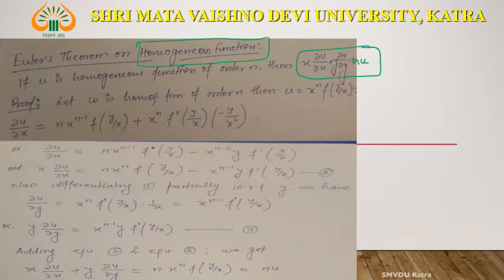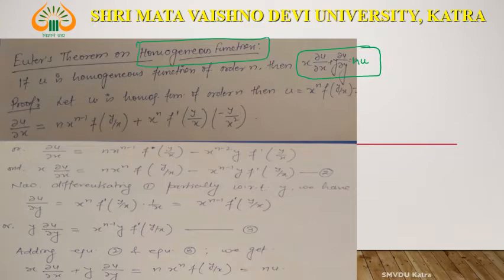Right? This is the result of Euler's theorem. But remember that this Euler's theorem is only applicable for the homogeneous function. First you check whether the function is homogeneous or not. If the function is homogeneous, and in the problem you have to evaluate x del u by del x plus y del u